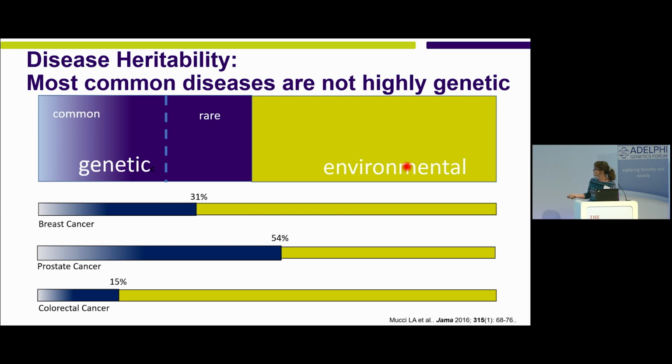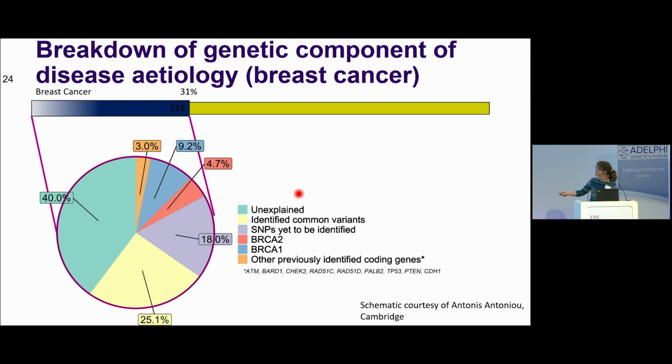heritability. This is based on quite recent twin studies. So breast cancer has a heritability from twin studies of about 31%. So the other 69% is all environmental factors. So your polygenic risk score is going nowhere near that. But of that 31%, some of it is common and some of it is rare. This is a nice pie chart shared by Antonis Antoniou from